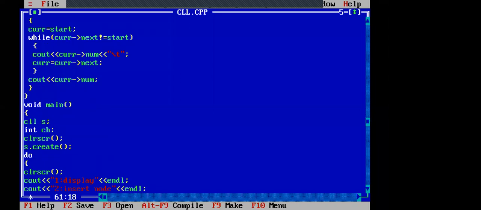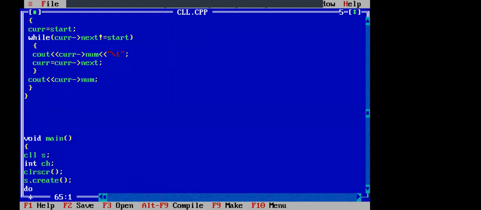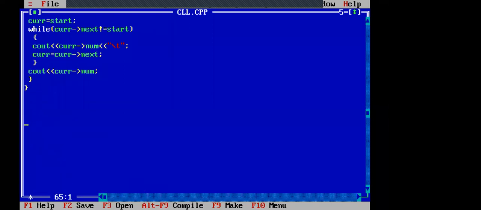Then I will write the code for these two modules. You always write the code before the main. The return type of number of nodes is integer. So int, the class name is CLL, scope resolution operator, number of nodes. This is the module. Int count equal to 1.